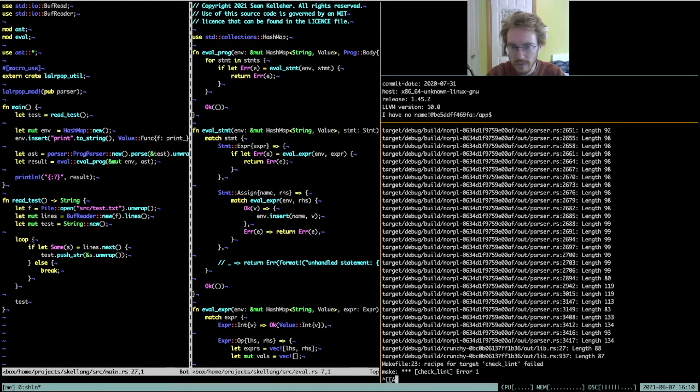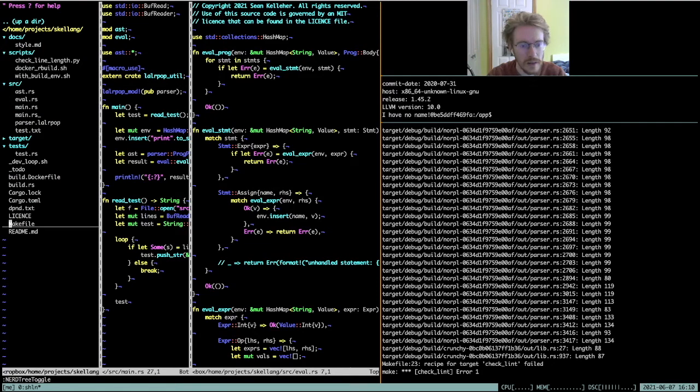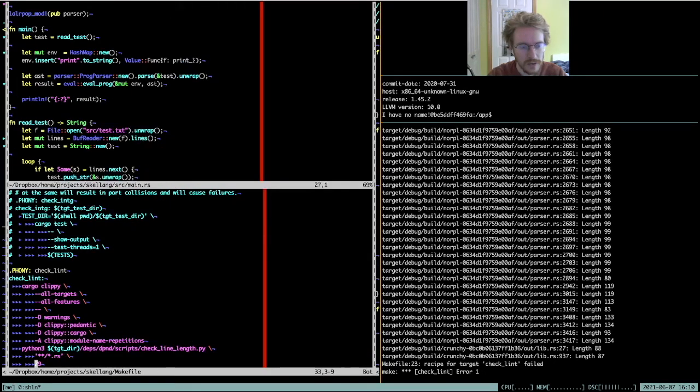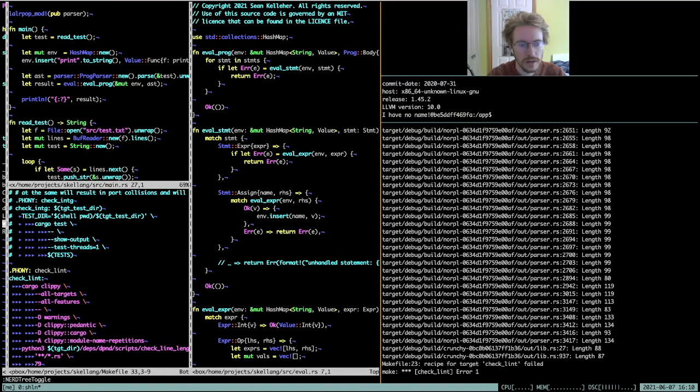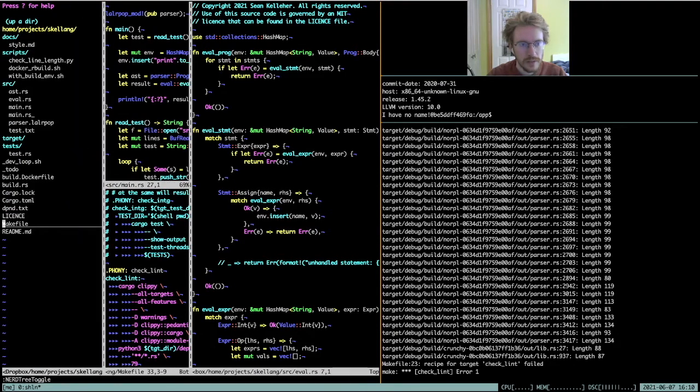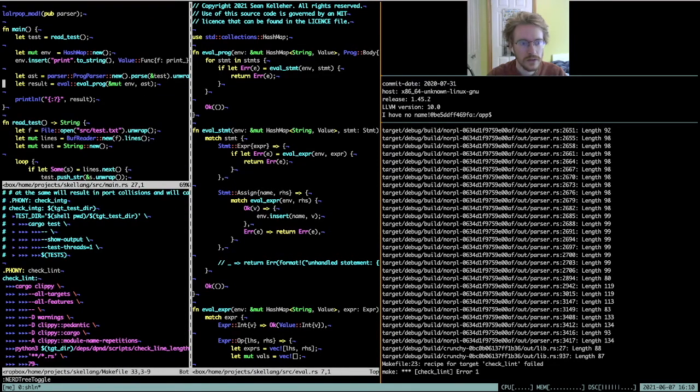Oh, and I've big loads of bad line lengths. So let's see here. Makefile. I'm just at the moment finding all Rust files. So I'll need to limit that to